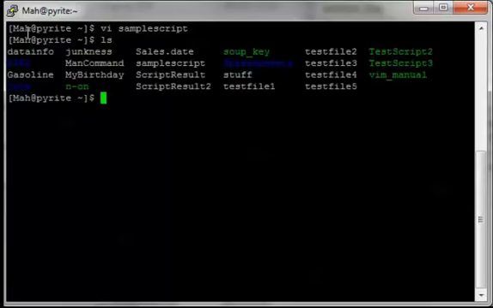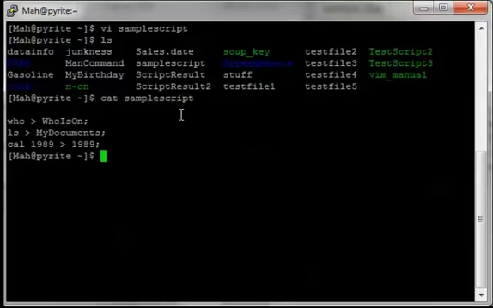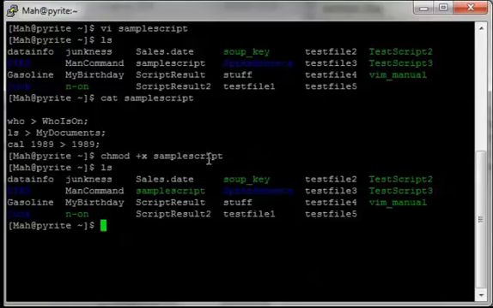and if I do an ls in my directory, you'll see here where I have my sample script right there. And in order to execute it, the first thing that I do, let's do a cat of that so we can see. So you can see those are my commands that I want in there. They're all individual commands. But in order to execute it, I have to put that execute permission on it. So I'm going to do chmod +x for sample script. Now if I do an ls, sample script is green now, so I see now that it's an executable file. So now when I run this,